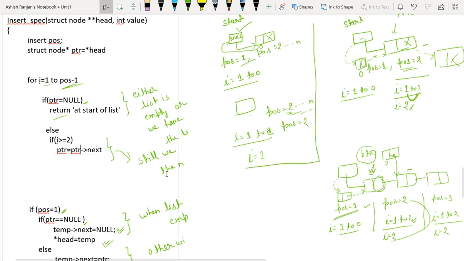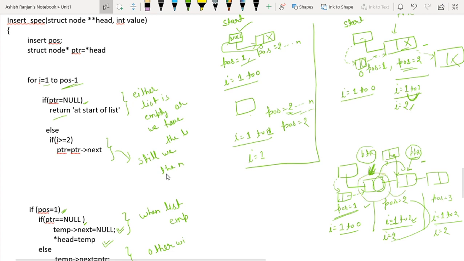So here we will increase the pointer by 1. Because I want to store the element at position number 3, we have to move till node number 2. When i equals 1, ptr is initially pointing to the first node, so we need not increase it.